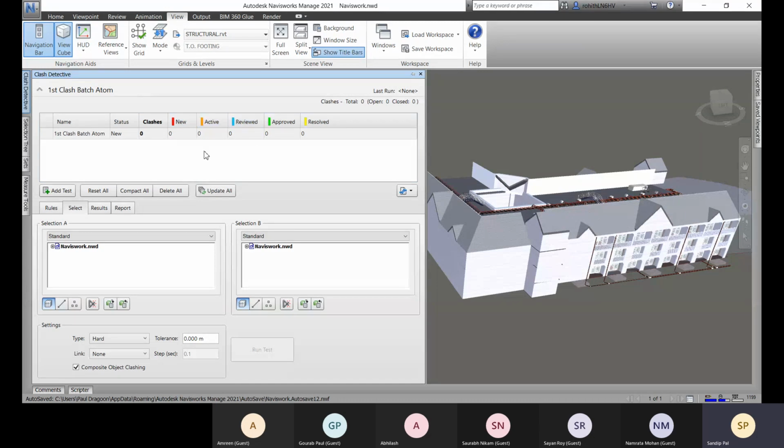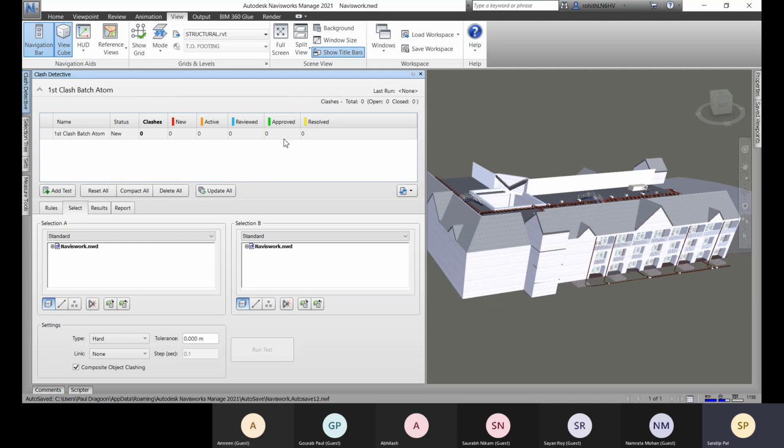And here you can see the types of clashes. The New, Active and Reviewed ones are your open clashes. That means these are not yet resolved or not yet cured, you can say. These are your open clashes, and these two, Approved and Resolved, are your closed clashes. Closed clashes means we have taken action on these clashes.